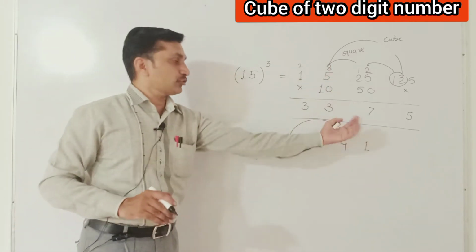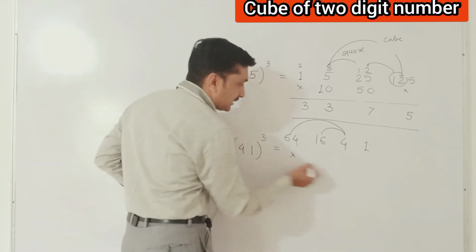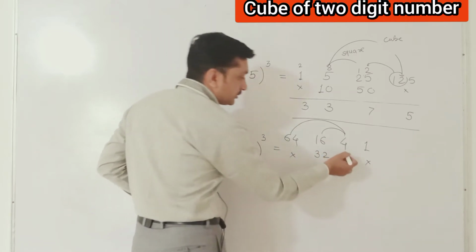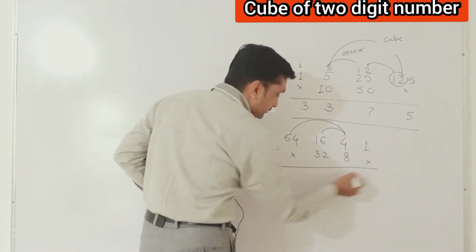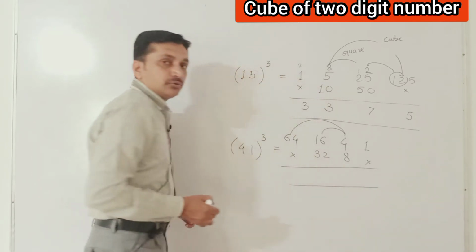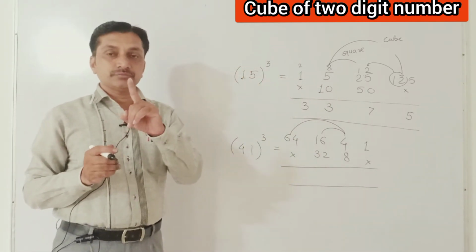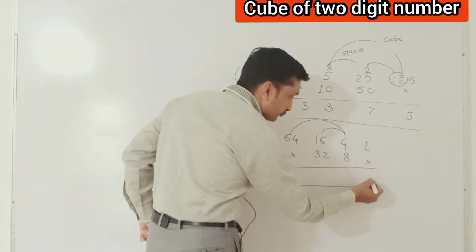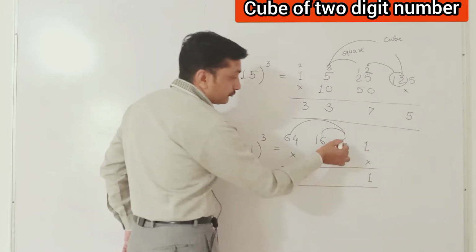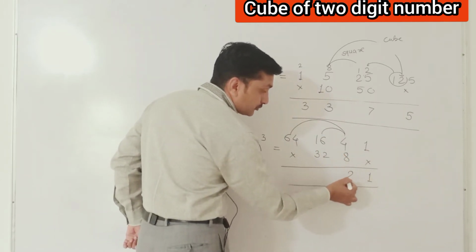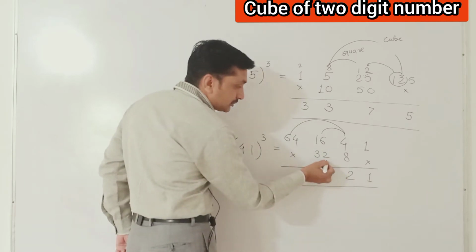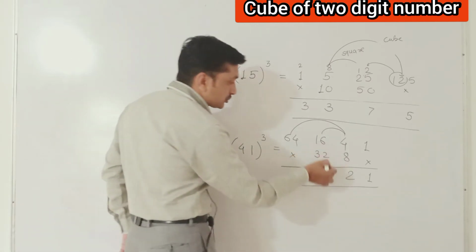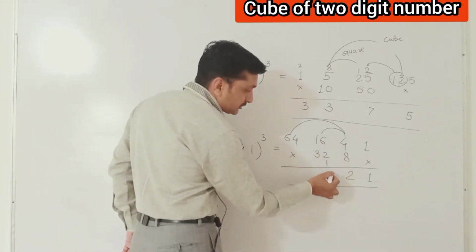Same way, but from the back side. First number and last number leave it. Double of 16 is 32, and double of 4 is 8. Now addition. When we add, take only the unit place digit and the tens place carries over. Now 1 as it is. 4 plus 8 is 12. From 12 write only 2 and 1 carries over. Addition now, 6 plus 2 is 8, 8 plus 1 is 9.